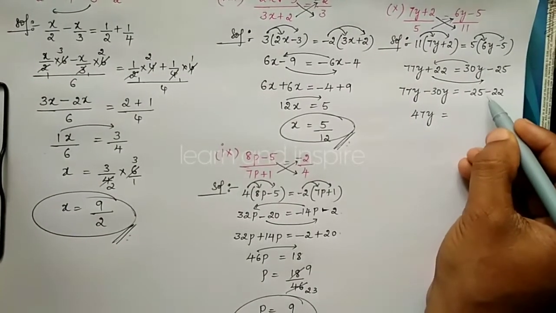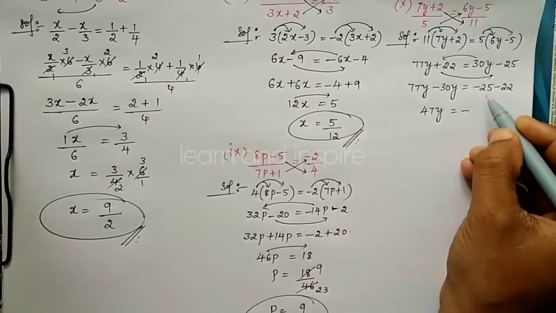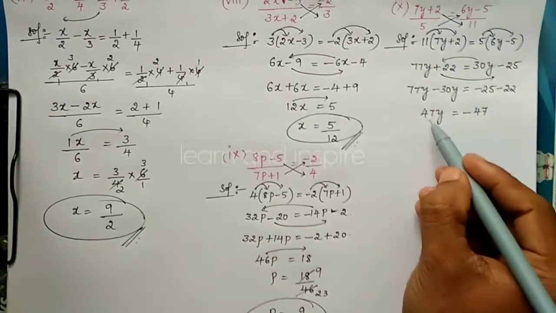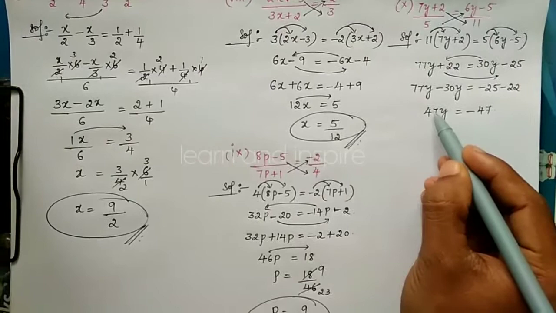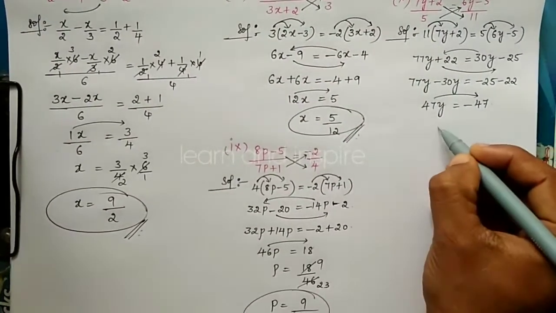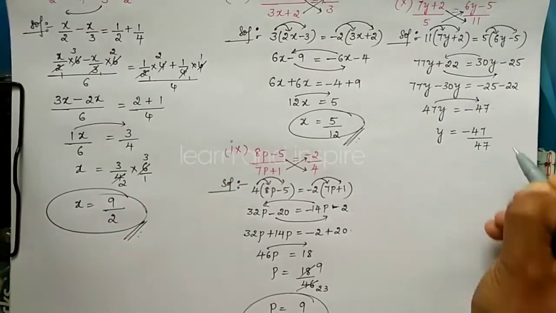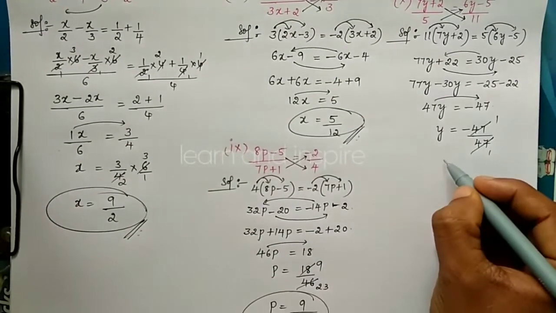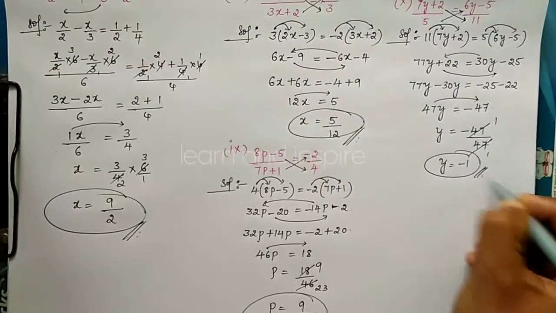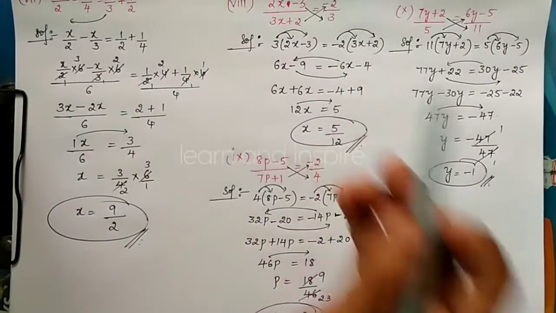So these are two negative integers. So when we add two negative integers, result will be negative, and by adding 25 and 22 we get 47. Now 47y, 47 is on multiplication. If I transpose multiplication to RHS, it becomes a division. That is y is equals to minus 47 by 47. 47 ones are 47, ones are. Y is equals to minus 1 by 1 is minus 1. Value of y is minus 1. Okay, so this is question number 10.